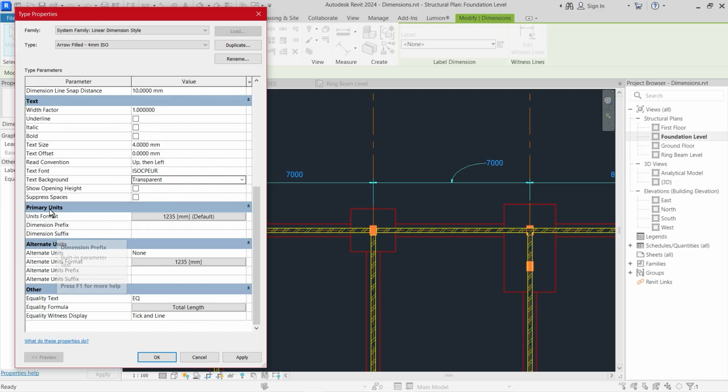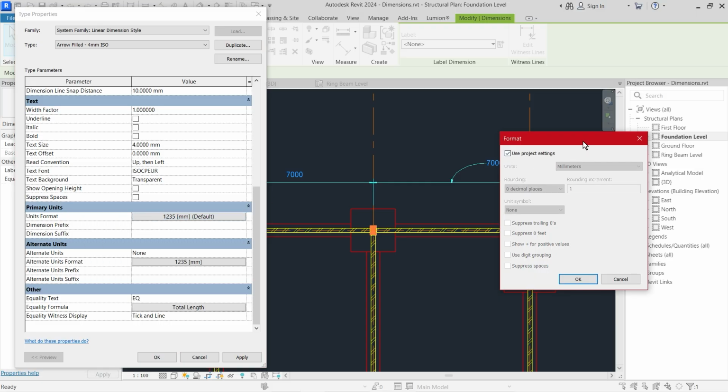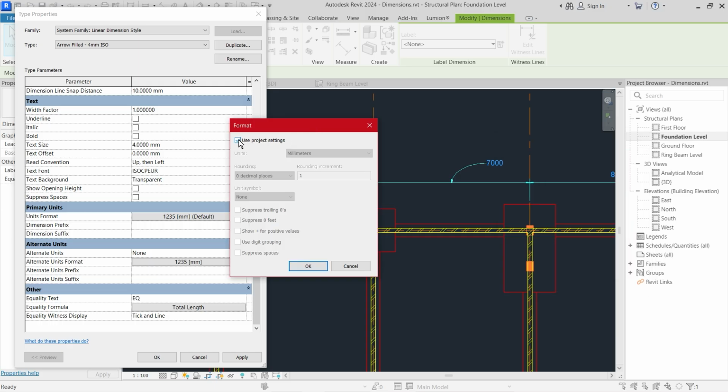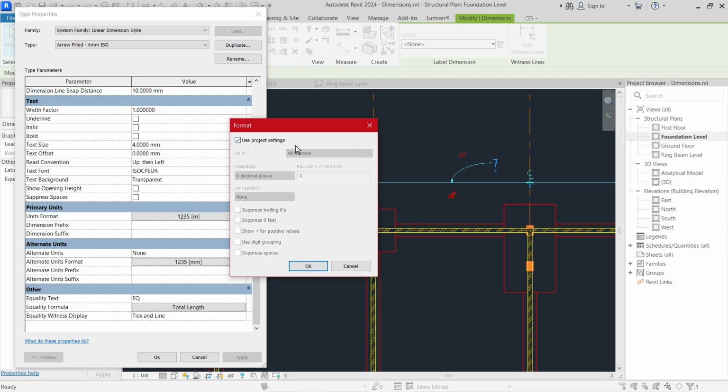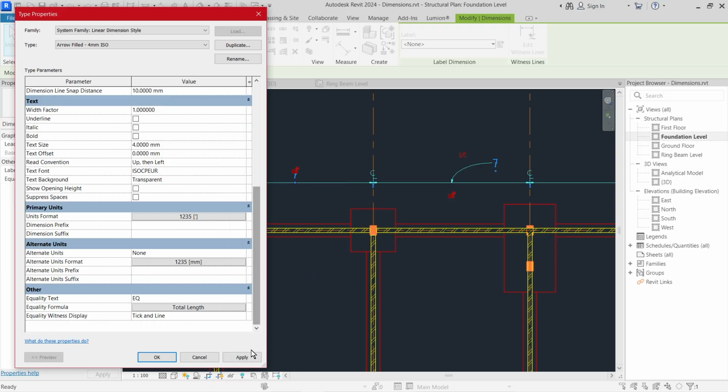Then the units, I'll leave this as use project units. If at all you want different units, let me say meters, you realize that this changes to 7 instead of 7,000. To convert automatically, even if it is inches, to convert all your measurements to inches. I'll leave that as that. Dimension prefix and suffix, you can add whatever you want. Then alternate units, if at all,